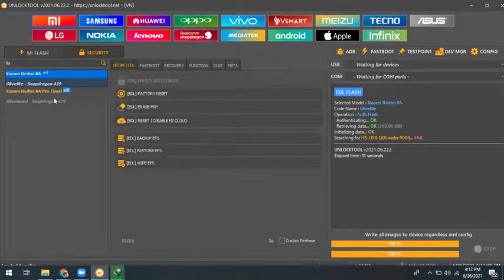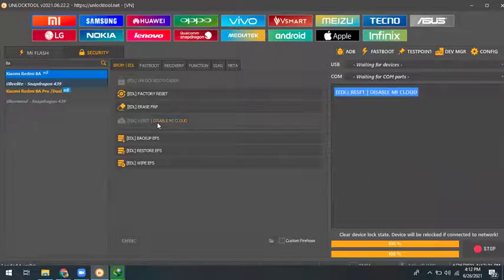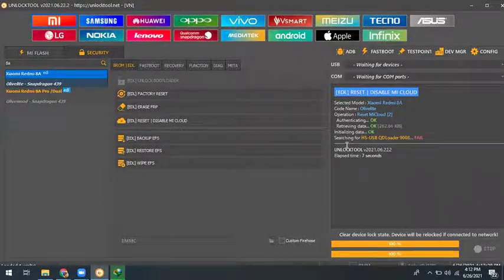Okay, Live Light, it is the name of that model, and you can directly disable MI cloud or reset, and also you can erase FRP. So first we erase MI cloud. Click erase MI cloud. It will search and authenticate. First it will check the auth model and retrieve data. Next it searches the COM port. It has one, so it will go further.